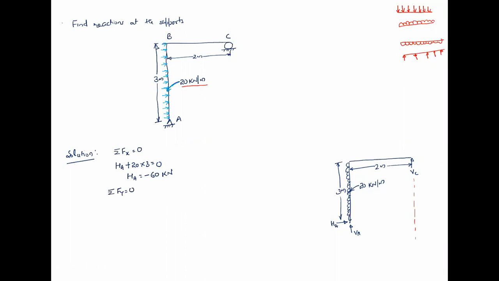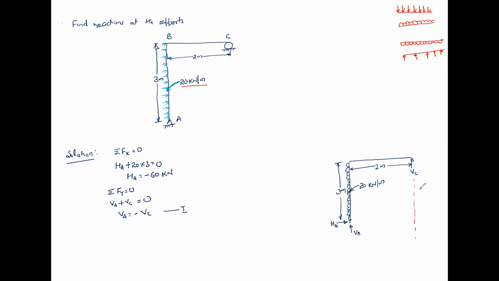Vertical forces VA and VC: VA plus VC is equal to 0. That means both should be equal in magnitude but in opposite directions, VA and VC. So your selected direction is not appropriate, from Newton's third law. If you are applying VA vertically upward, then VC must be acting vertically downward. Okay, this is one thing.